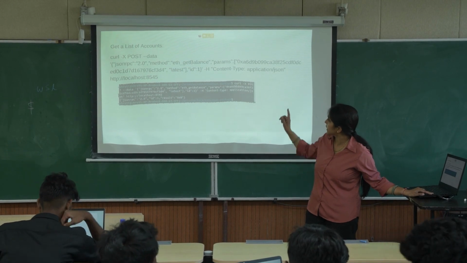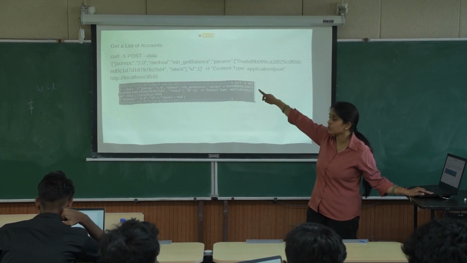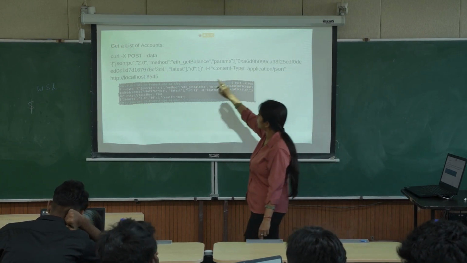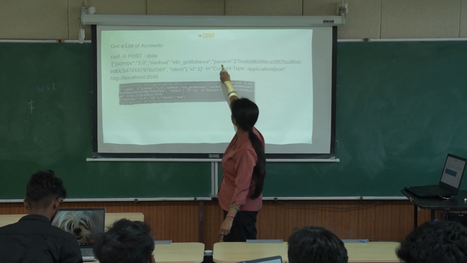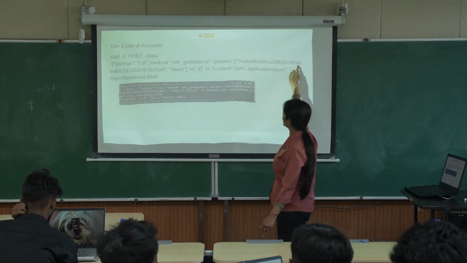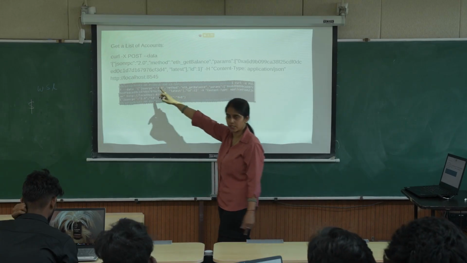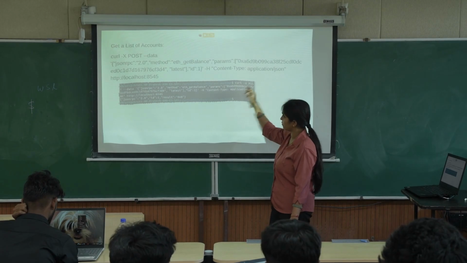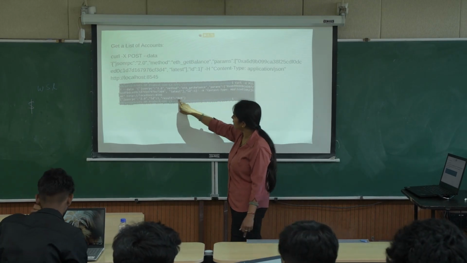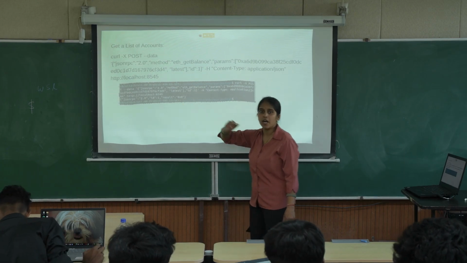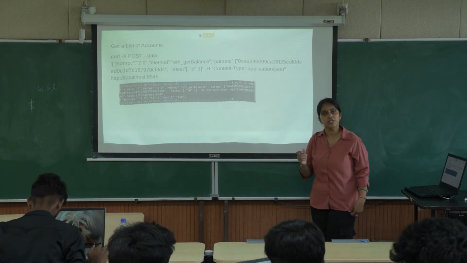Now this is getting the balance. The balance we want to know, the list of accounts and their balance. So we will enter the method as eth_getBalance. The parameter is this one. Of this account we want to know the balance, and content type is the same. So here I was having balance 0, because until we mine we will have 0 ETH in our account.